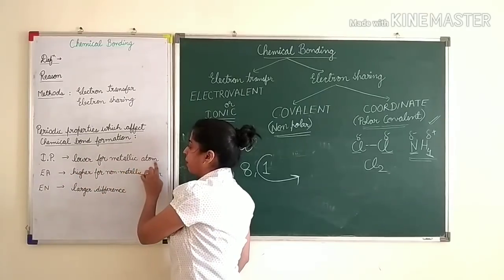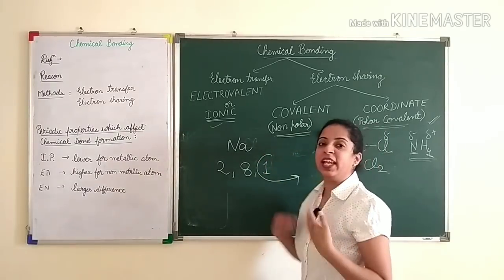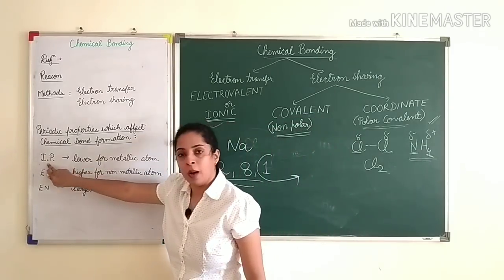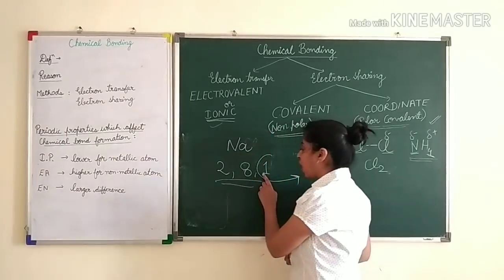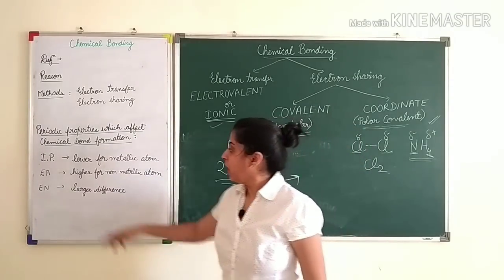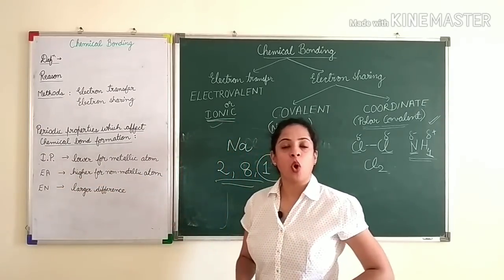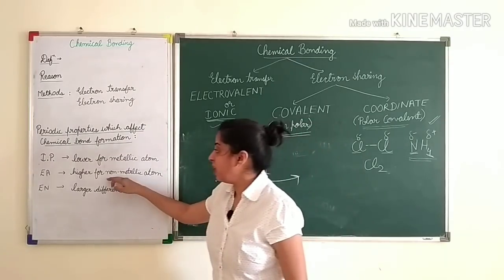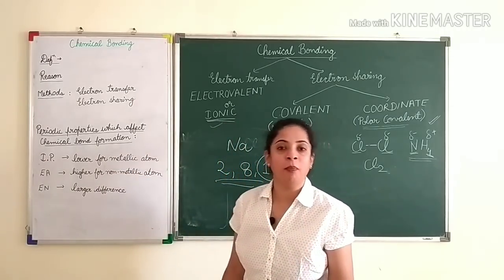So what does it say? It has to be lower for metallic atom to form a chemical bond. So if it comes out easily, then it will be easier to form cation. So for metals, the lower the IP, the greater the tendency to form a chemical bond well, right? So IP has to be low so that it can give away the electron very easily to form cations. Next, electron affinity for non-metallic atom should be high. Means non-metallic element's affinity, the love towards electron, should be high. Then if the love towards electron is high, it wants to attract electrons, so it can easily form anion.